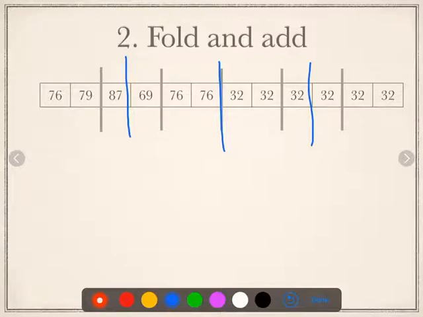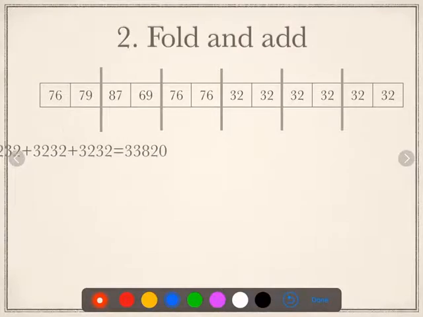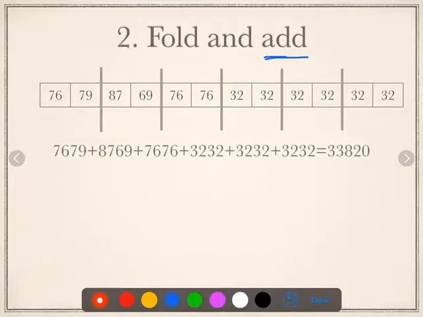Since in this example we are just going to take 2 numbers, concatenate them into one number. After doing that we are going to do the addition of all the elements. So as you can see, 7679 is the first number, 8769 is the second number, 76 as the third number, and so on. So the sum, as you can see, is crossing the maximum integer number. We can choose to reduce this by doing a modulus operator every time you do an operation. Instead of doing all the addition at once, we are going to do the addition in multiple steps.